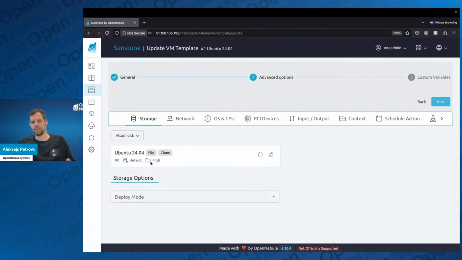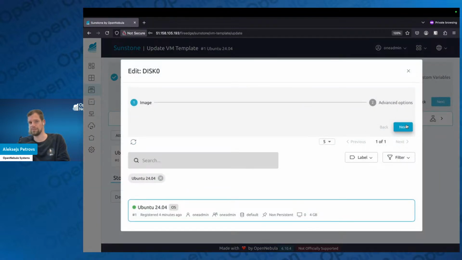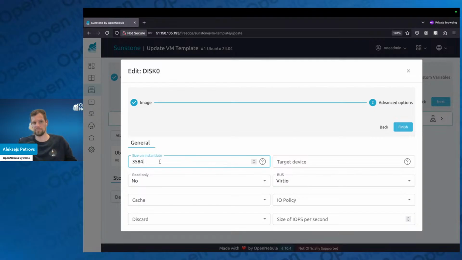Then my Ubuntu 2404 actually is configured to be tiny, as pretty much any image, to be fair, in our marketplace. These are configured to be only like 4, 10 gigs, and if we are speaking of Alpine, even less. Now, it might not be the case you wish when it comes to deployment. So you can resize. While the initial image, let it be 4 gigs, you may resize and make it bigger on the deployment. So you just need to press edit, go there, and let's say make it, I know,